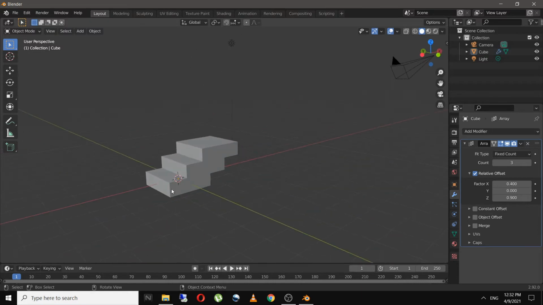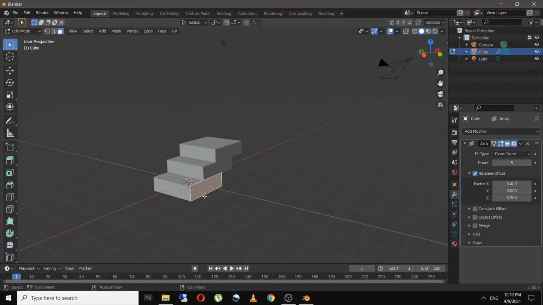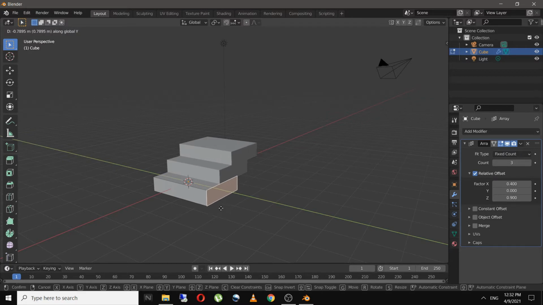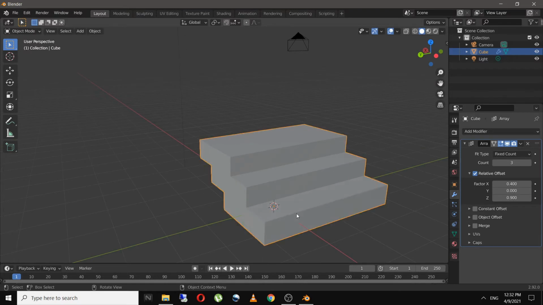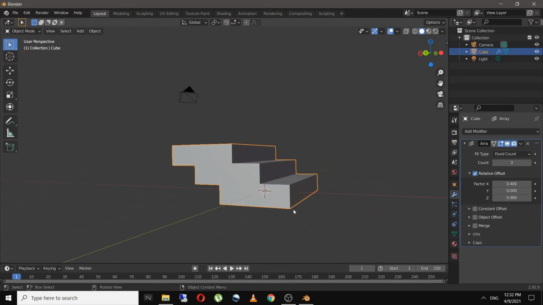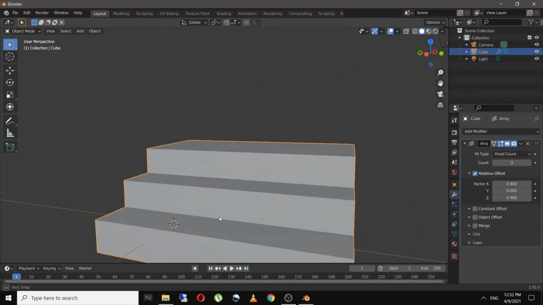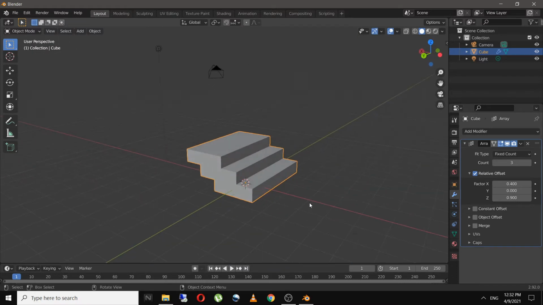And if you play with the X and Z axis and select this face and extrude it on the Y axis, as you can see we have nice looking stairs now. These are just some of the applications of the array modifier.